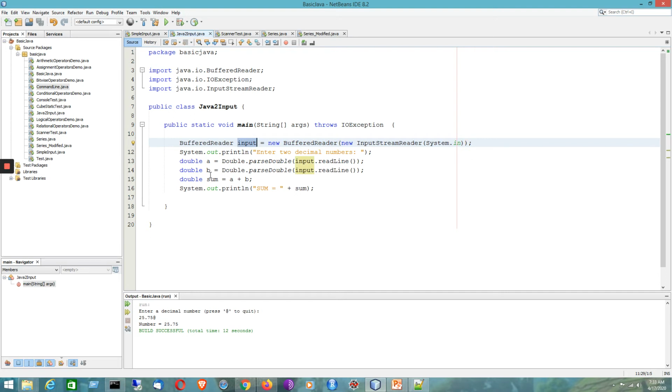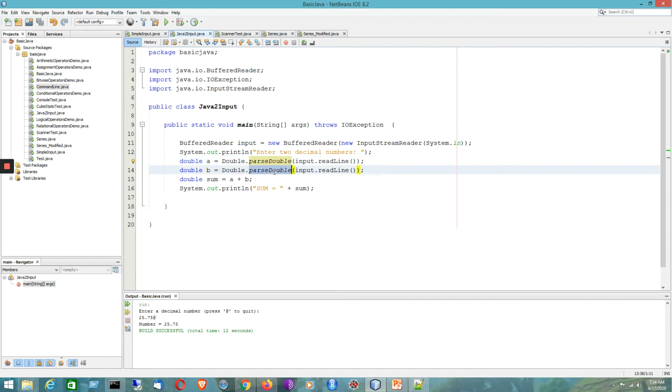So suppose we are going to perform addition for two decimal numbers. So here, after creating the object, we will be giving input line by line. That is captured by the readline method, and it is basically a string. From the BufferedReader object named input, we convert it into a string with the help of the readline method, and it is then converted into the double type by using the wrapper class Double and its static method parseDouble.